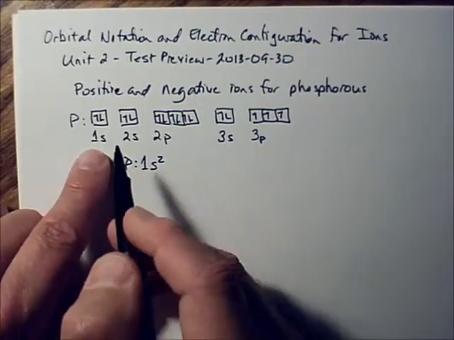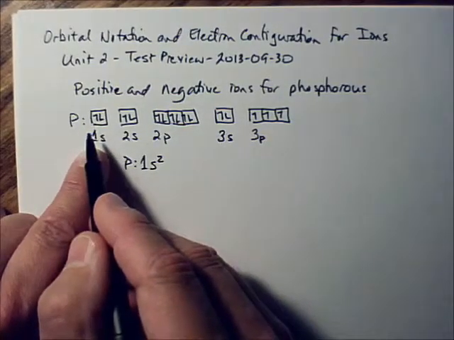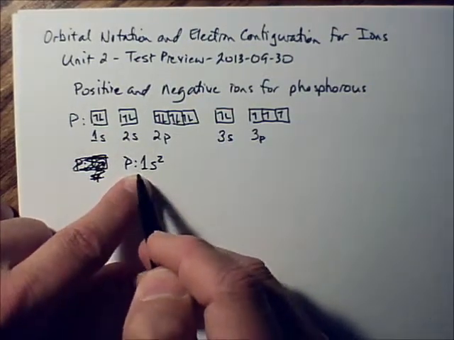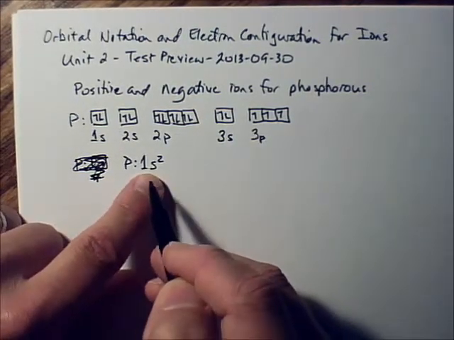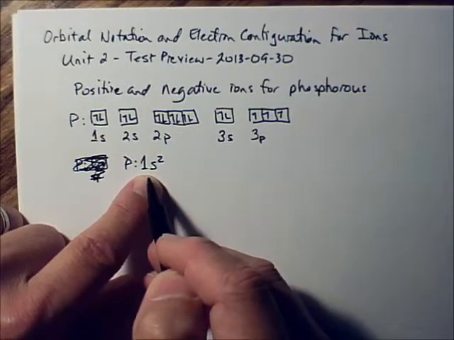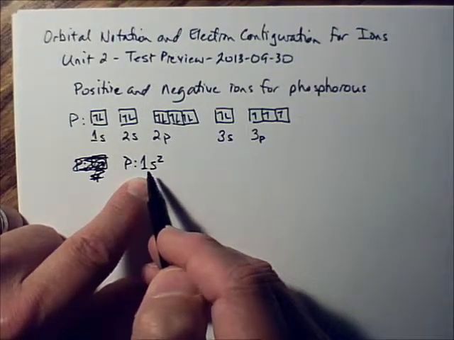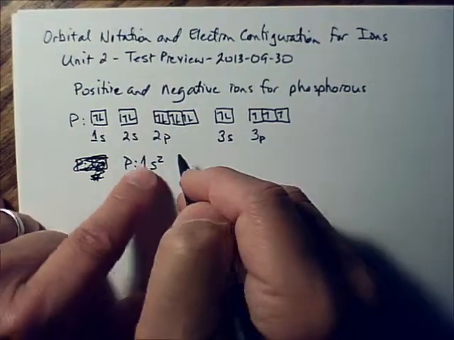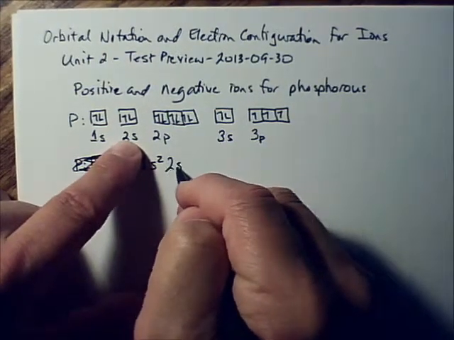Okay? So we just count the electrons in the sublevel. 1s, 2 electrons, 1s2. It has to be a coefficient 1. It has to be a lowercase s, not a capital S, so it's got to be half the size of the 1. And it has to be a superscript 2. Okay? And then this is 2s2,